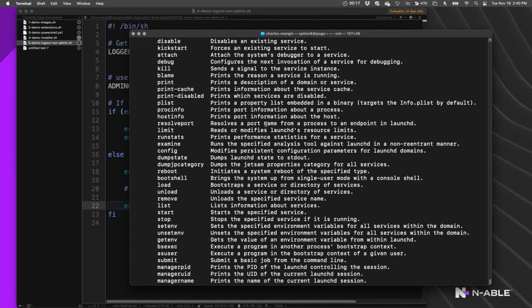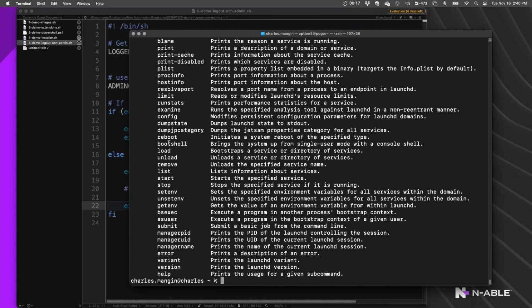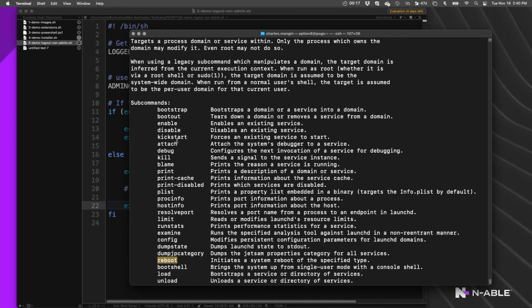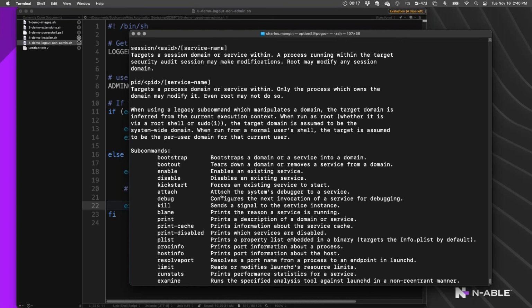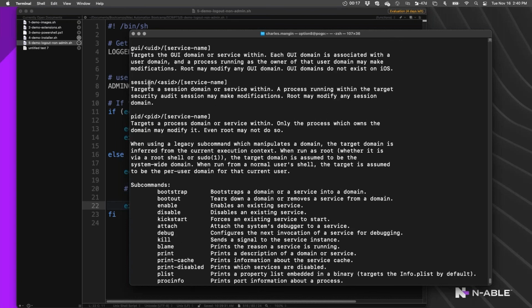You can also force it to reboot, and that will just immediately reboot the machine. Again, you don't want to do this when there's somebody who's logged in that is actually doing stuff, but there's a variety of things that you can do to remotely remove someone that is logged into the machine, whereas you are not.